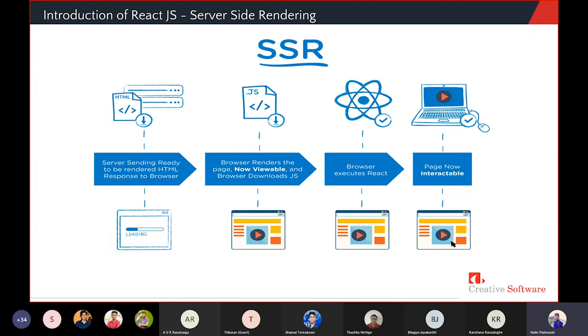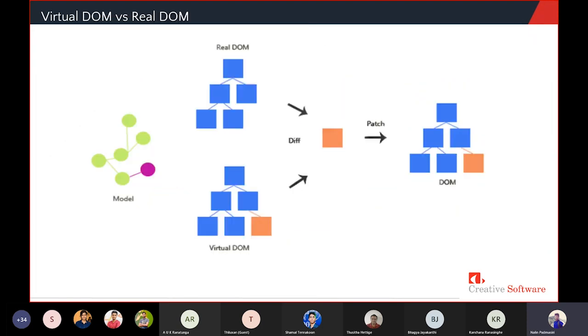So now we'll move to the virtual DOM concept. The virtual DOM is a concept where you don't update your DOM on each and every action you perform.